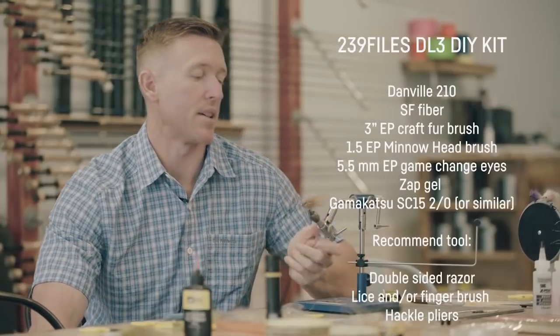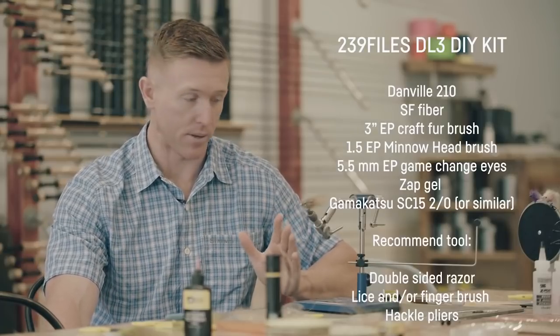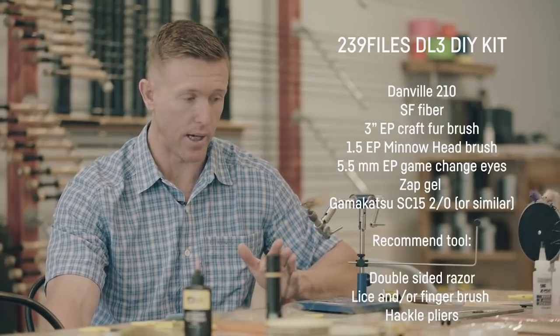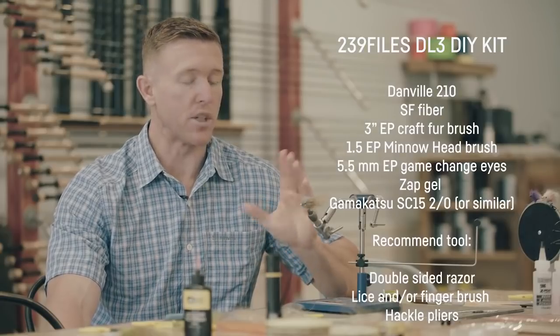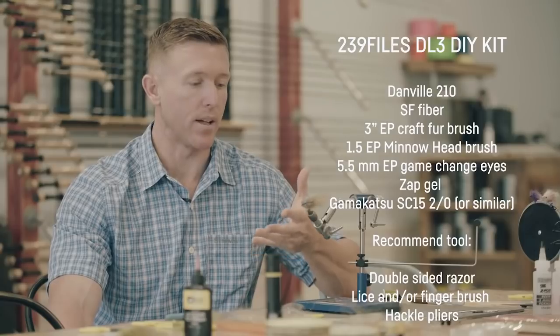All right, so the DL3. We had the step-by-step for this for a little while now, but I'll show you how to do it in 3D now. It's not a very difficult fly to tie. We started doing the A to Z's a little bit ago, and then I just walked in the shop one day, and Daryl